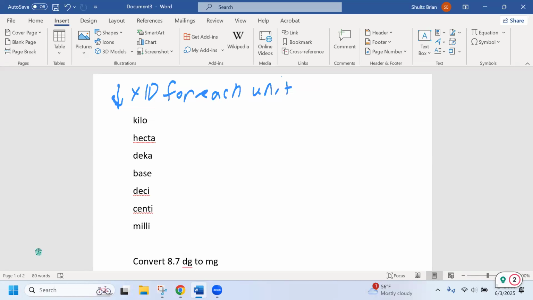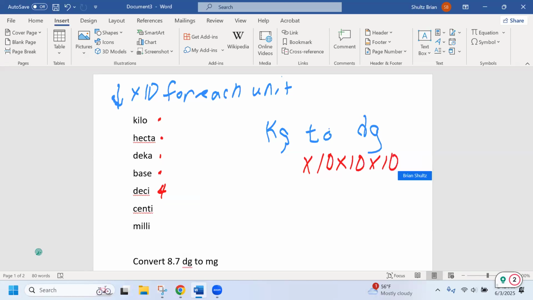So if I am changing from kilograms to decigrams, I'm just going to count from here, kilograms, 1, 2, 3, it goes 4 spaces. Okay, so I would multiply by 10, by 10, by 10, by 10, 4 times, and